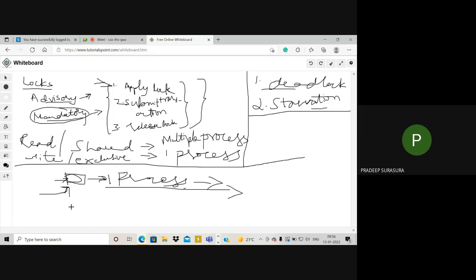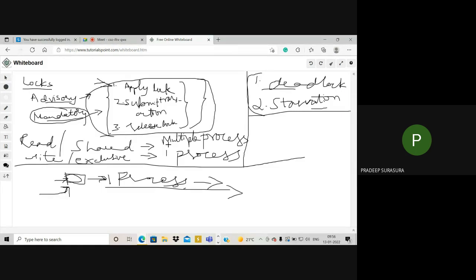Okay, so this is called starvation: if you do not get access to complete the transaction, then we say starvation has arrived. So in order to resolve this, we have to ensure that deadlock and starvation will not occur. Or, subsequently, we need to check on the transactions so that if a transaction is not done within a particular amount of time, these locks will automatically be taken care of.